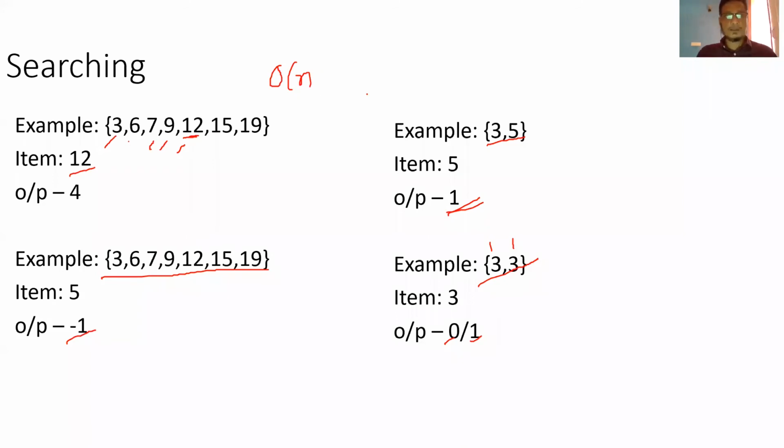Why I'm saying Big O here, not theta, is because it can have a best case, worst case, and average case. The best case can be that you get the item at the first iteration. The worst case could be that the item doesn't exist, so even if you check the last item, the item doesn't exist, or the item could be the last one. Both are possible scenarios. Average could be, in this case, that 12 is found somewhere in between. That could be an average scenario. So that is the reason it will be O(n).